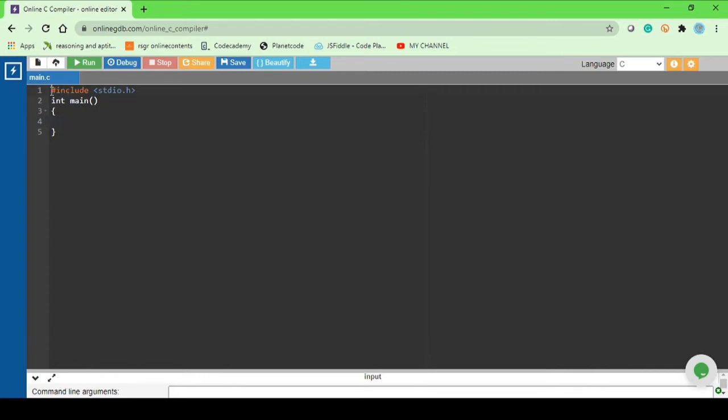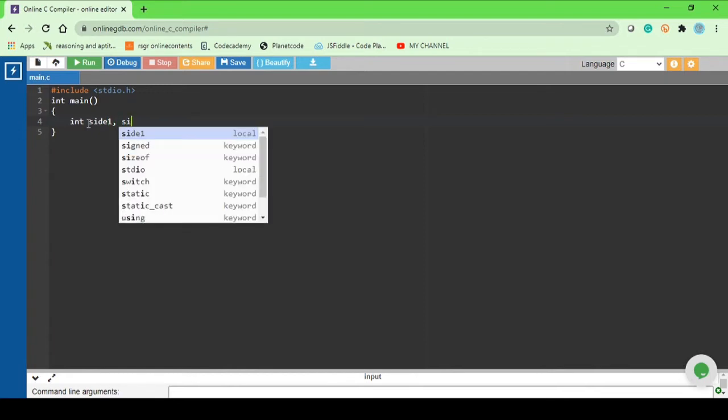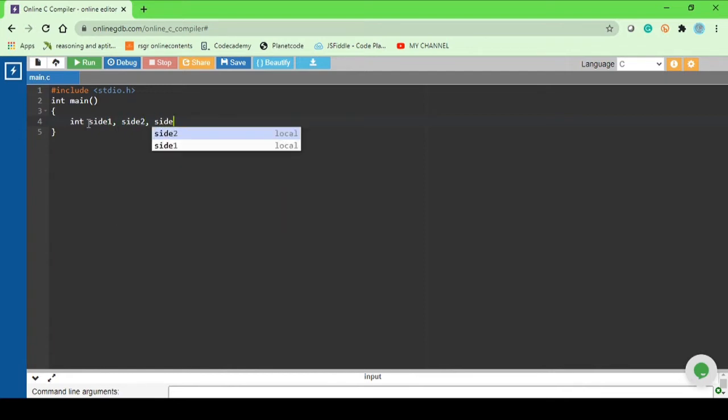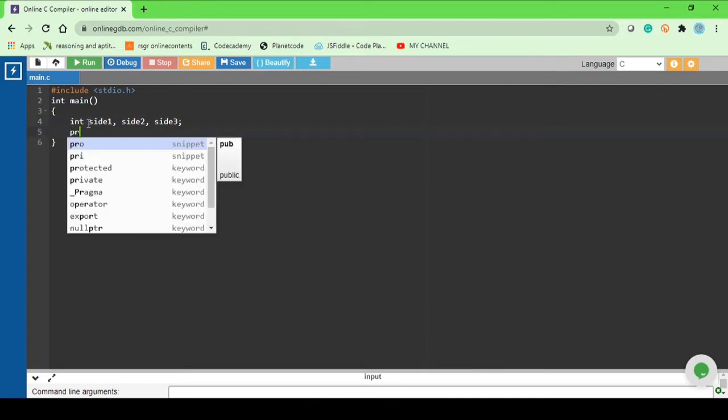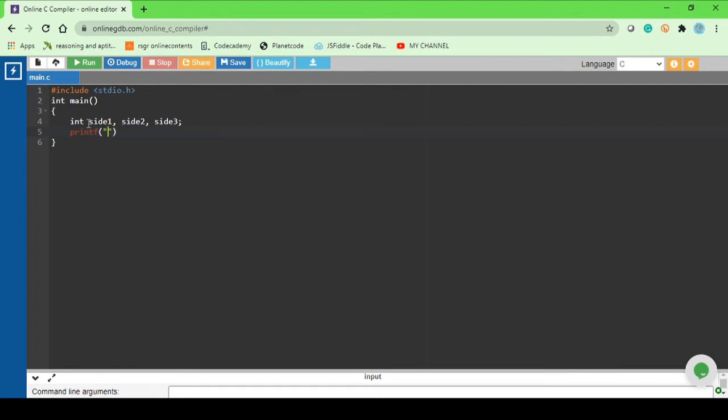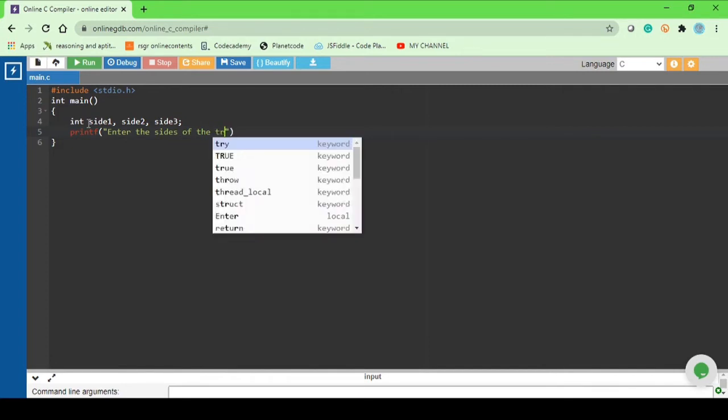I've already written #include <stdio.h> and int main. So let's start by initializing the variables: int side1, side2 and side3. We only need three variables here, for all the sides. Then let's ask for the input: printf("Enter the sides of the triangle");